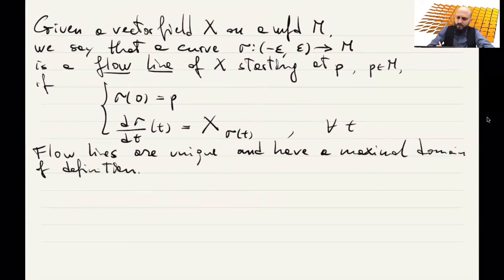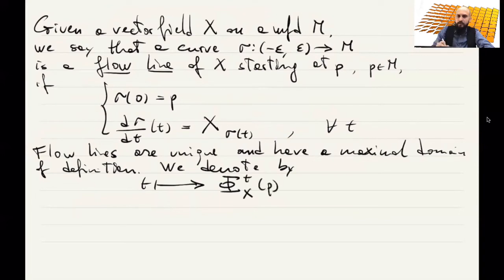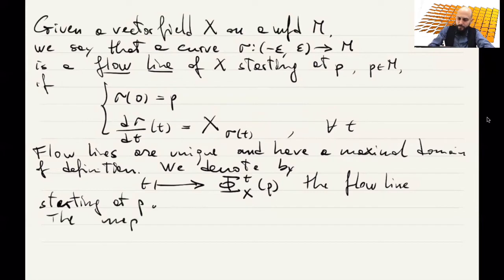Good. Now we denote by t goes to capital Phi, lower index X, upper index t, variable p, the flow line, so it's unique and defined for some maximal domain, the flow line starting at P. Then the map, instead, for every P associate the flow line starting at P with respect to X at time t,